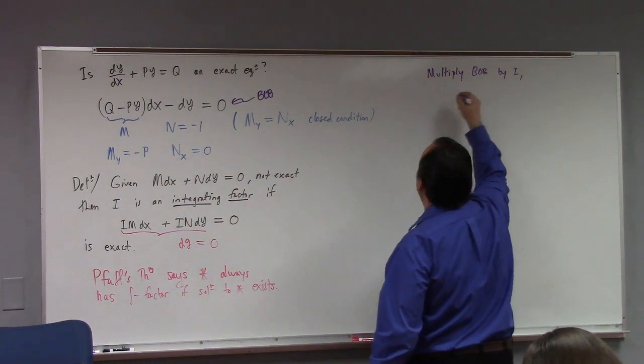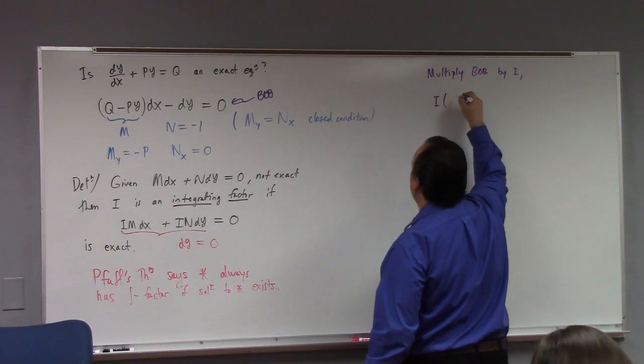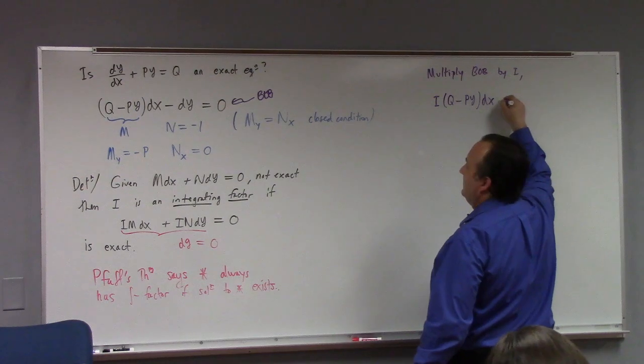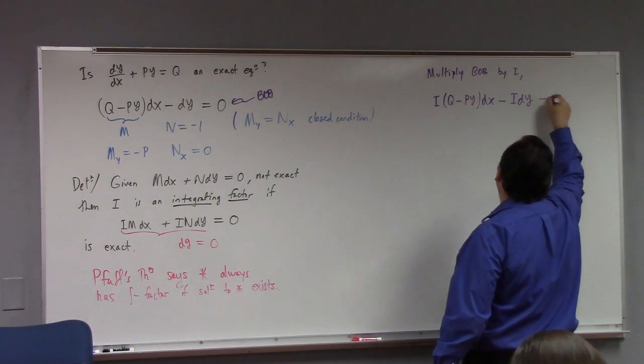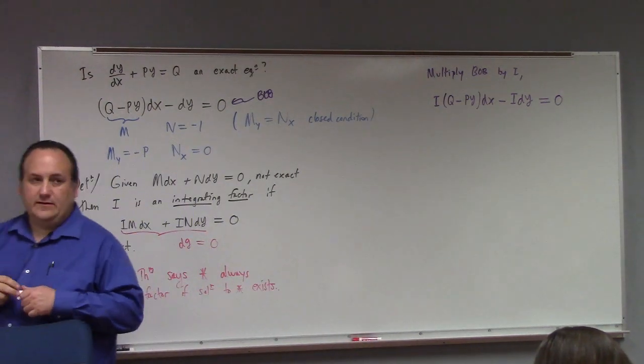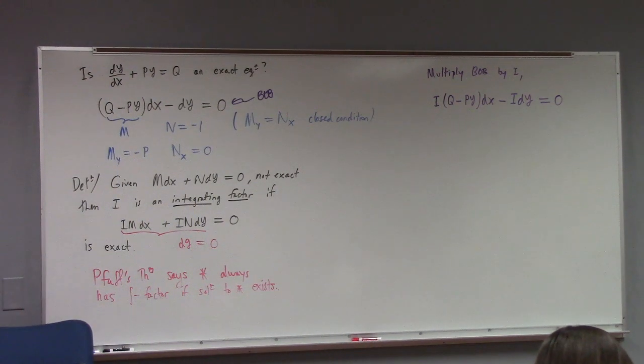All right, so then we have I times (Q minus P y) dx minus I dy equal to 0. So the first step in the integrating factor method is to multiply the differential equation by I. I did that. Now,